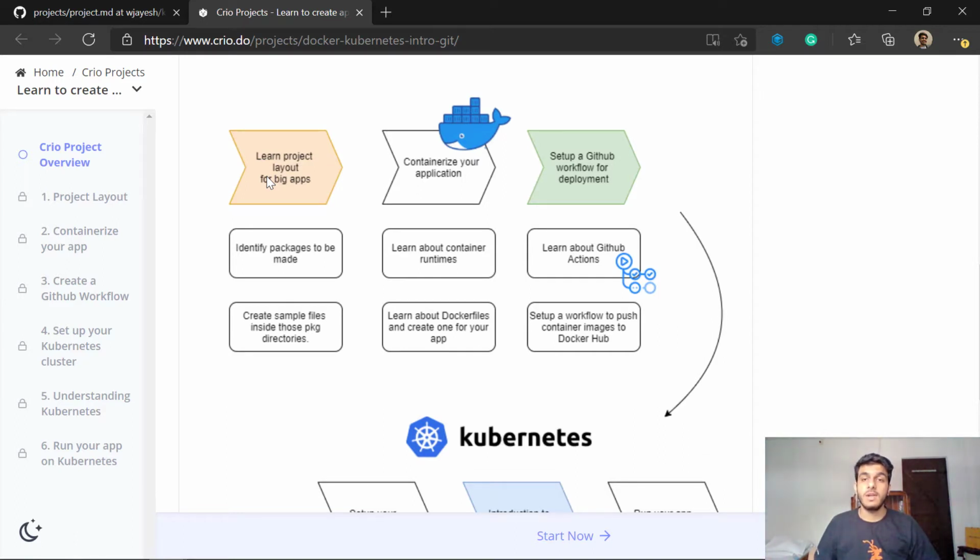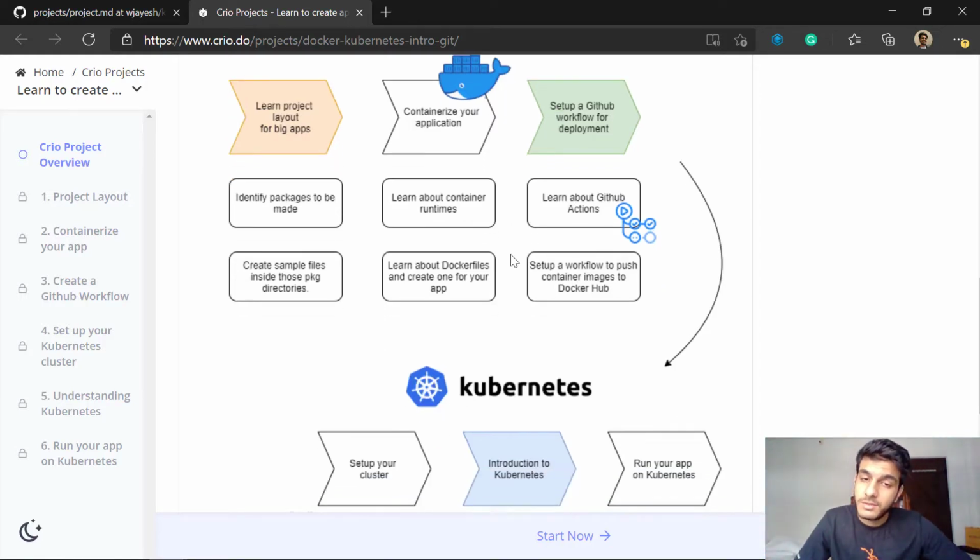After that, we're going to set up a workflow in GitHub using GitHub Actions. What this will allow you is to have a very straightforward process in which you can just click on push and all of your code is automatically deployed and images are already created. We'll look at how that is done as well.